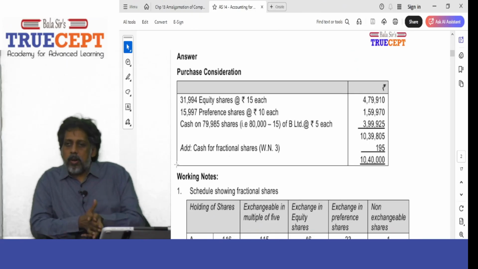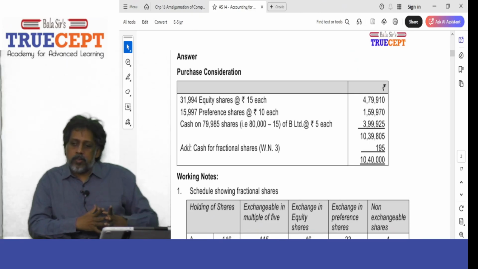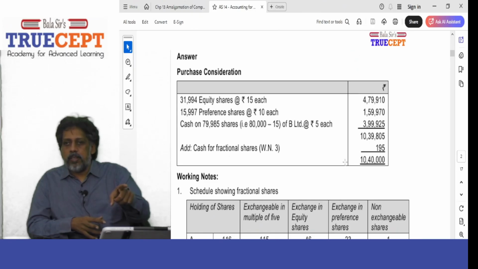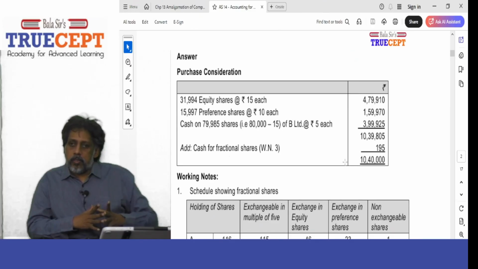That's the amount I'm going to pay the shareholders. Is that fine? Yes, sir. What a wonderful sum for fractional shareholding. The fractions are paid in cash. Understood? Yes, sir. Will you complete? So guys, go